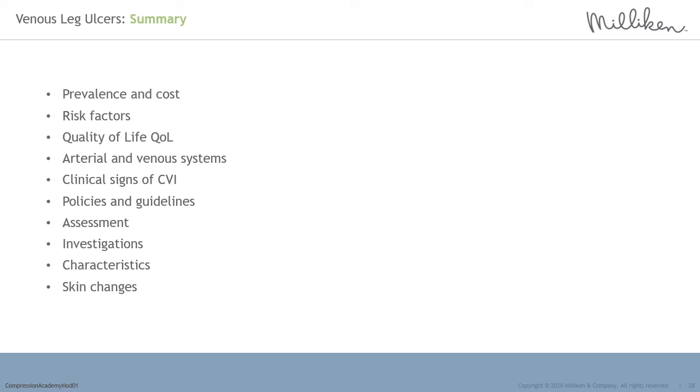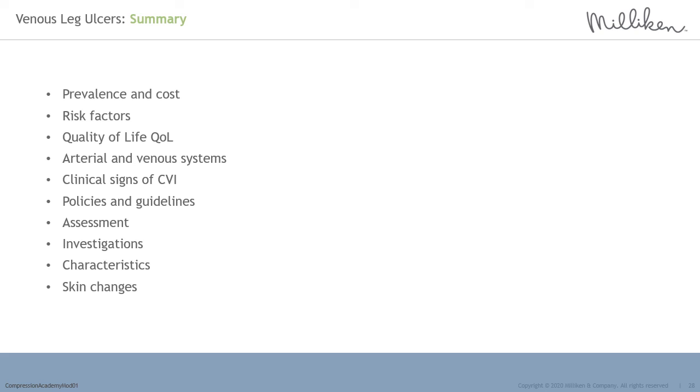In summary, following this module, you have gained knowledge on the prevalence or size of the venous ulcer problem and associated costs, multiple risk factors associated with chronic venous insufficiency and leg ulcer development, the impact of leg ulcers on a patient's quality of life, the arterial and venous systems and what has gone wrong for chronic venous insufficiency and